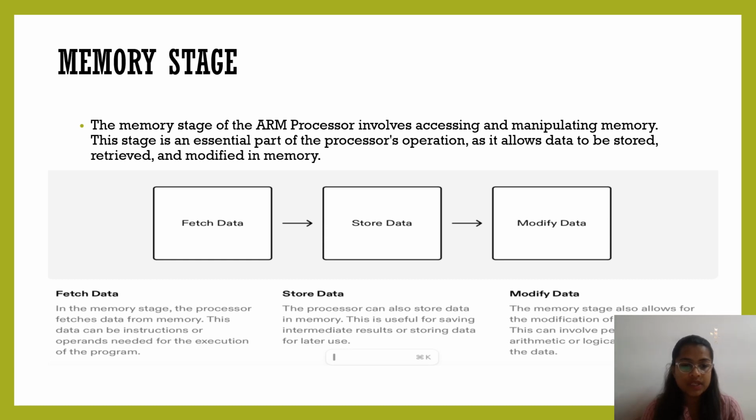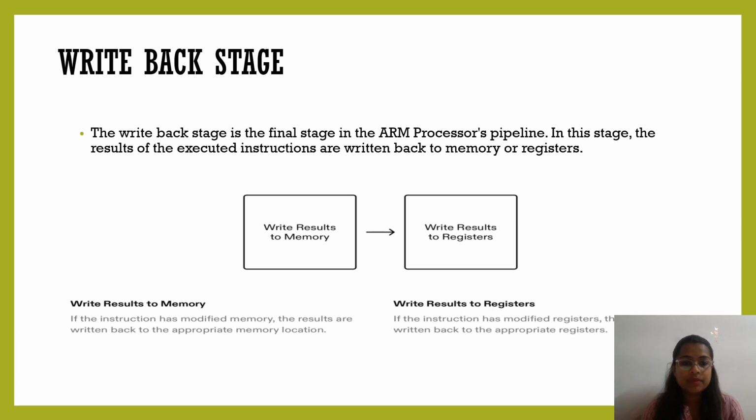This data can be instructions or operands needed for the execution of the program. Store data: the processor can also store data in memory. This is useful for saving intermediate results or storing data for later use. Modify data: the memory stage also allows the modification of data. This can involve